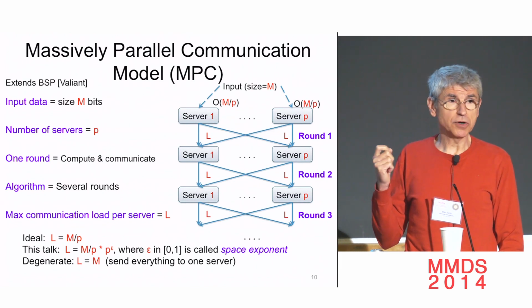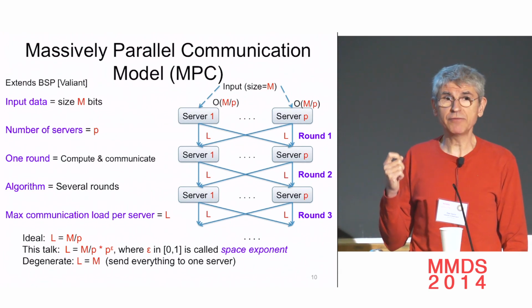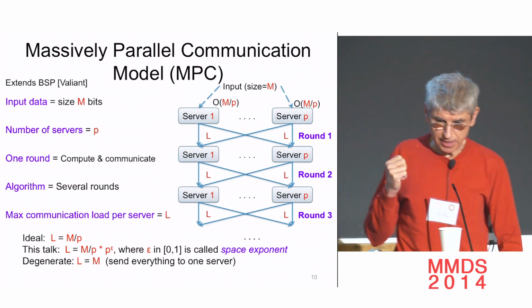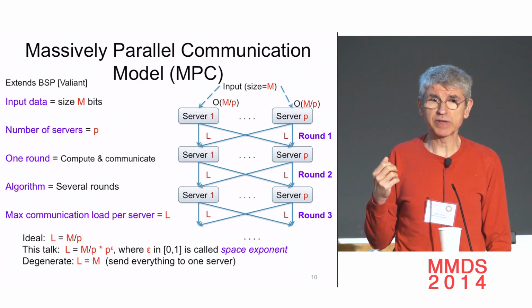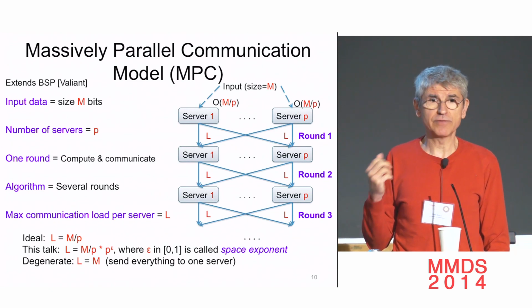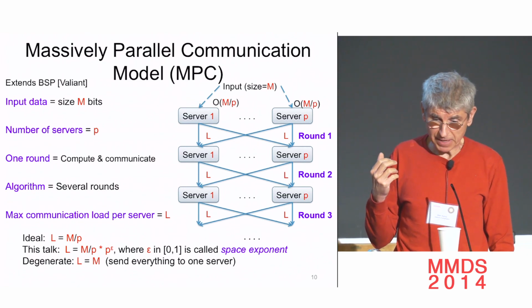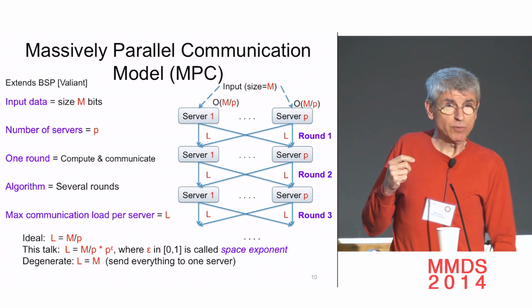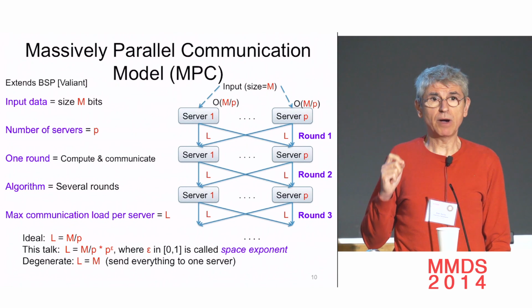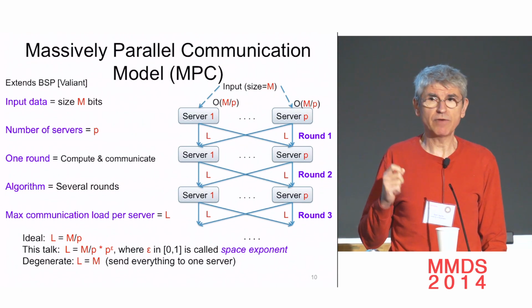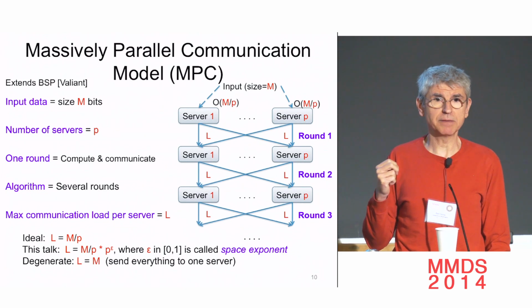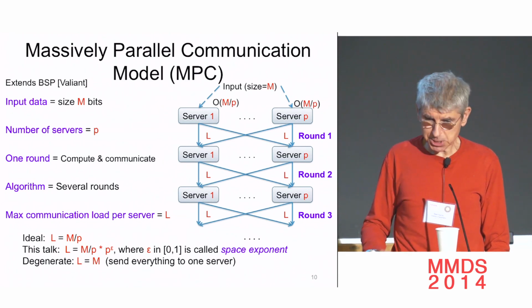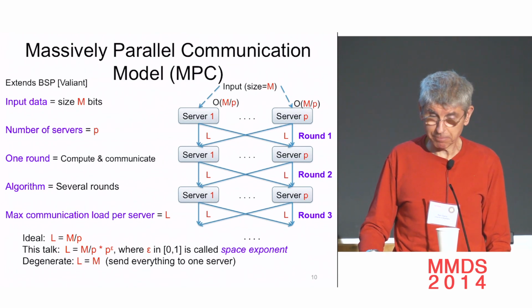We would like to have epsilon equal 0, no replication at all. We definitely do not want epsilon equals 1. If epsilon is 1, then you are essentially allowing the algorithm to send the entire data to every server, and that is degenerate from our perspective. There is then no parallelism going on. Notice we do not impose any restriction on the power of computation of the servers. They have unlimited memory, unlimited processing power, they can even compute undecidable problems. We only focus on how much communication we need for this problem.